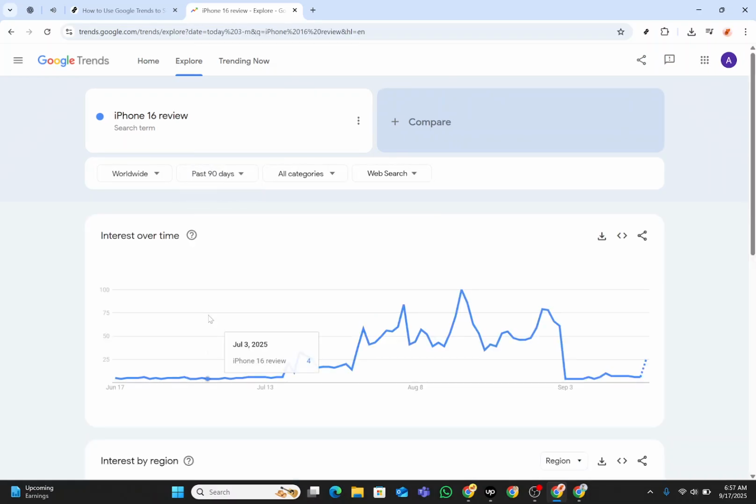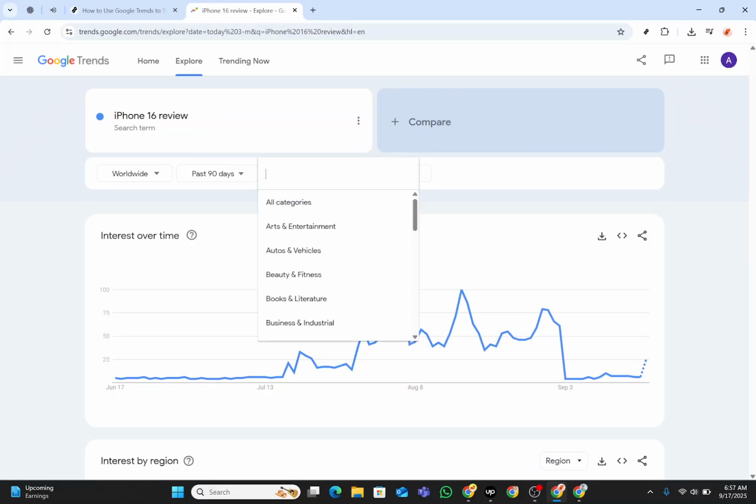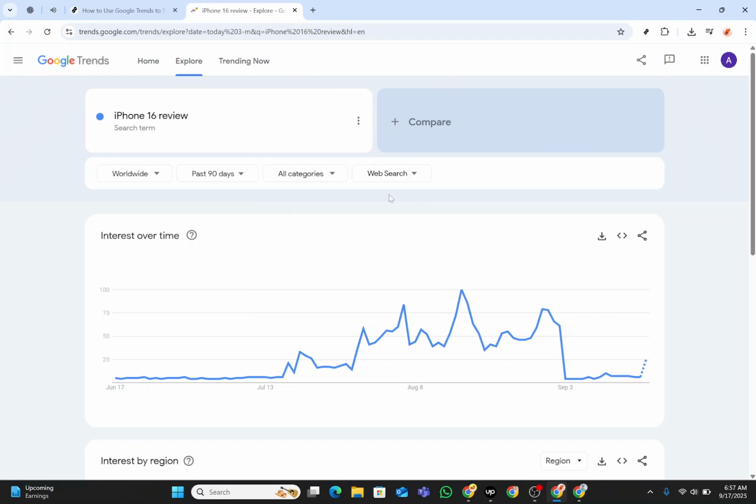When it comes to the category, pick one that aligns well with your content theme, such as health or medical health. This helps in filtering out unrelated information. Typically, selecting web search will suffice, but if your content is centered around current events or regulations, news search can offer some fresh insights. With your filters in place,